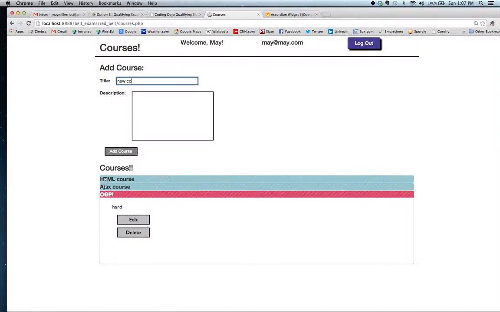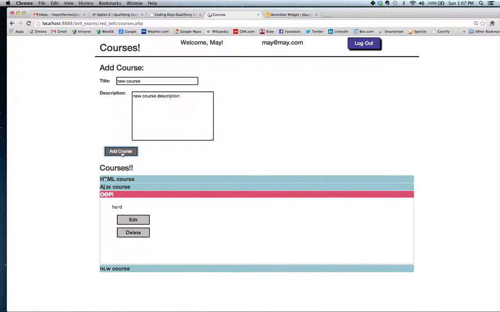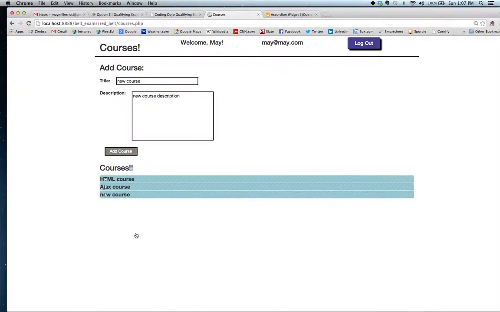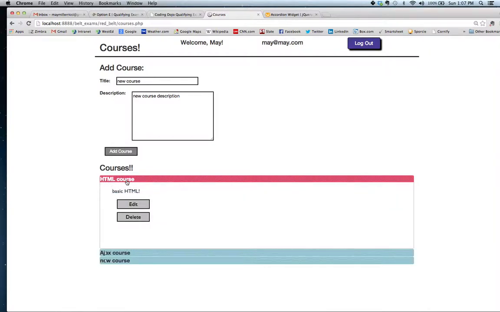So if I want to add a new course, description, I can add it and it'll show up below. If I want to delete a course, I can click on the delete button and it will go away. So yeah, that's that. Some things that I was not able to do, I'll show my code in a minute,